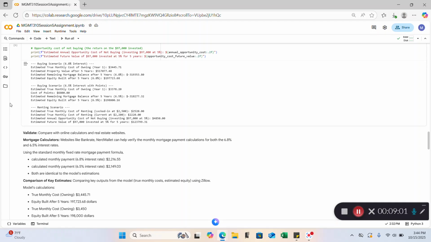And so on to the next buying scenario with the points with the 6.5% interest. Our estimated true monthly cost of owning during that year one is $33.78, with the cost of the points, like we said previously, being $6,800. Our estimated remaining mortgage balance after that 5 years would be $318,000, give or take. And the estimated equity built after that 5-year period would be